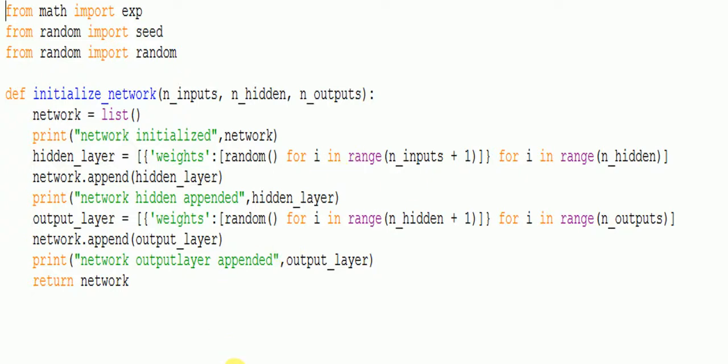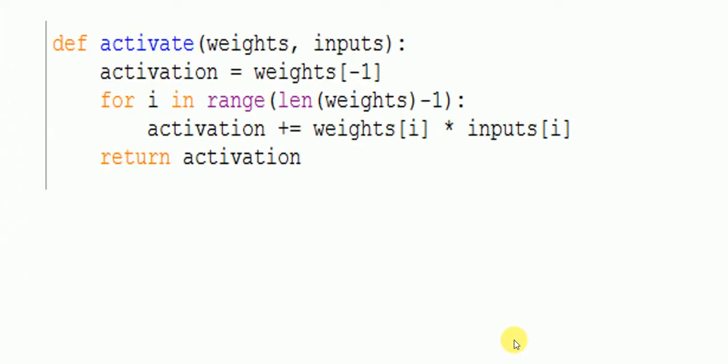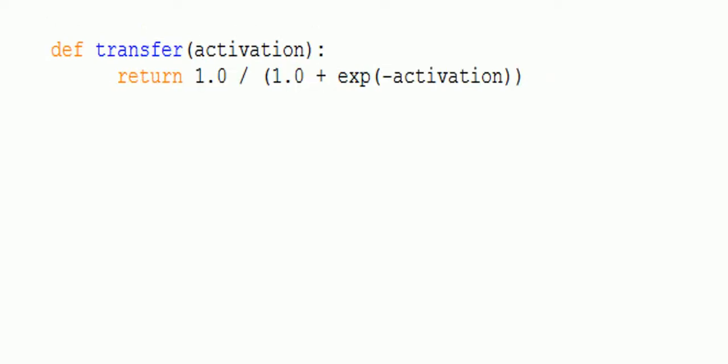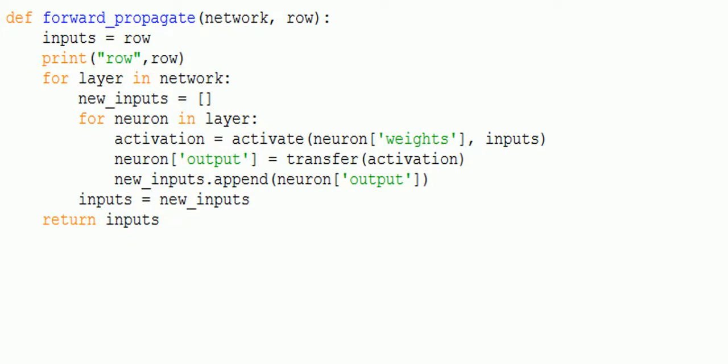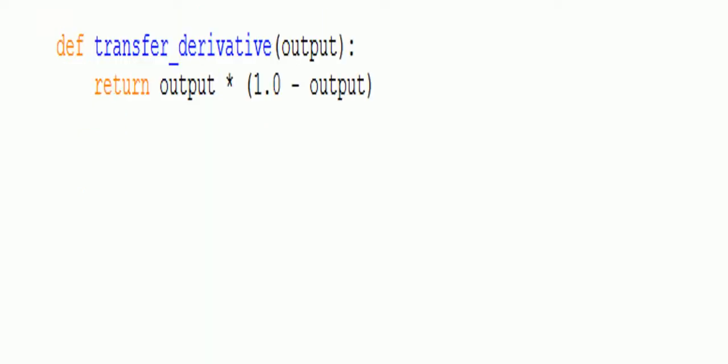This is the initialization of the neural network, that is, the network initialization, and this is the activate function. This is used to calculate the sigma w of i into x of i, and the transfer activation is used to calculate the exponential value, that is, the sigmoid. This is a function which is used to calculate the forward propagation, and transfer